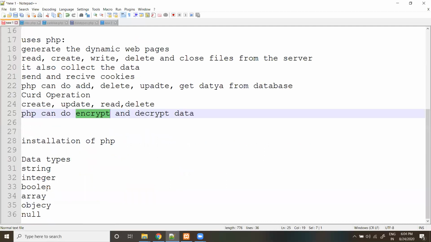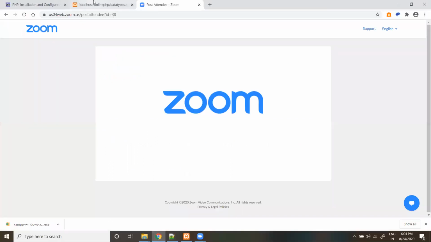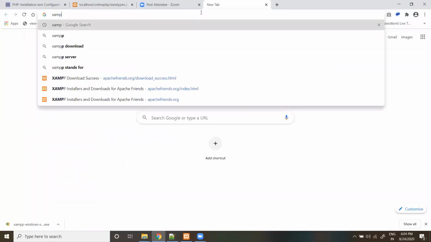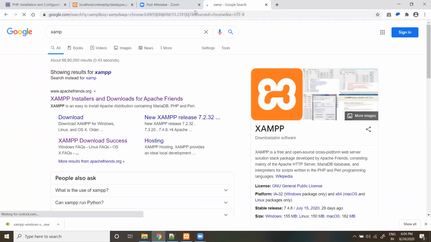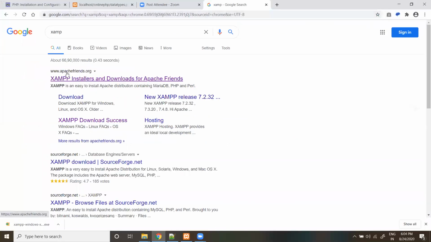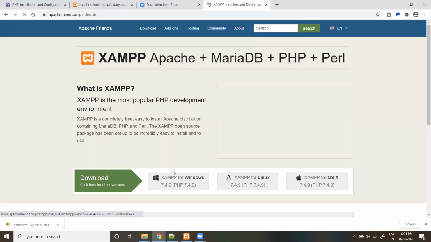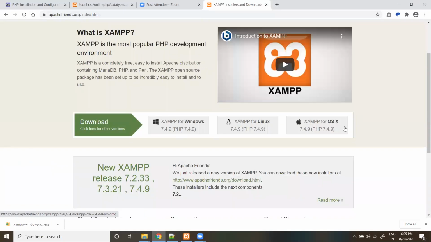Definitely, if you want to work with PHP, you need to install a PHP server, right? For the PHP server, we have many servers like XAMPP and WAMP. Now I am going to use XAMPP. It's open source and free to download. Just go to the download page for the Apache server, then go to the XAMPP installation. We can directly download it based on your Windows, Linux, or other OS.